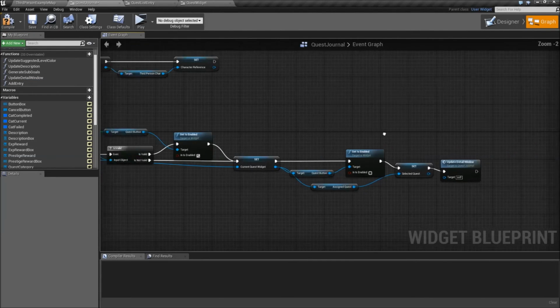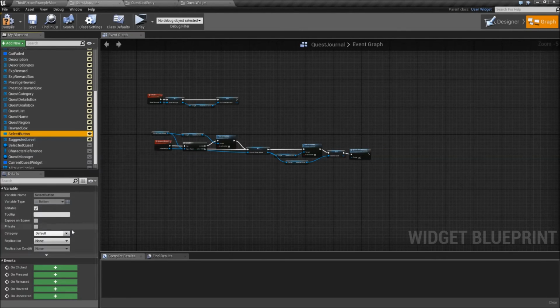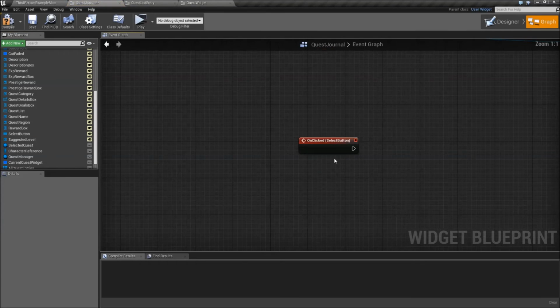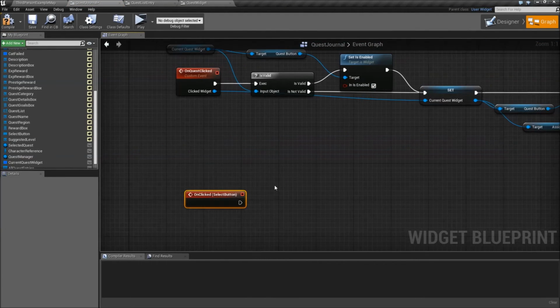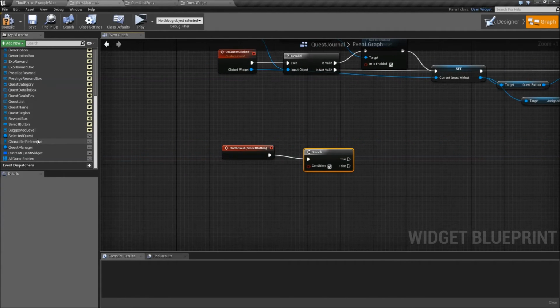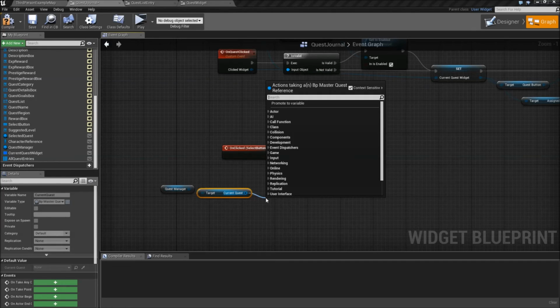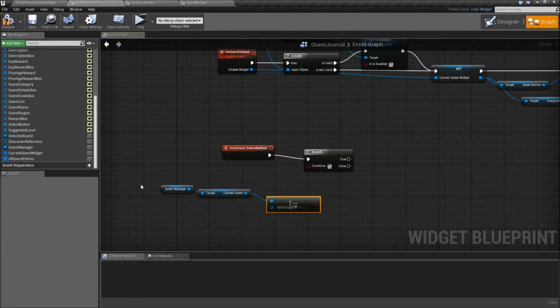And then there's one thing we'll also have to do, and that is our select button here. Add an onClicked for that. We will add the cancel button later when we actually have some functionality for that. So when we click the select button, we first want to add a branch by holding B and left clicking. Now we will check that our quest manager current quest does not equal our selected quest